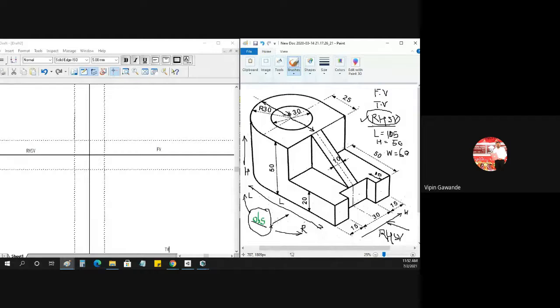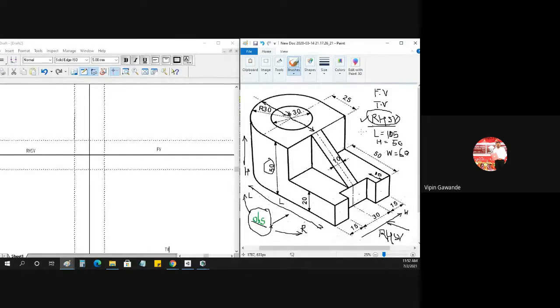Just look at the arrow and count the horizontal dimension in front of the observer. That becomes your length, so 50 plus 25 plus 30, that becomes 105. When the length is over, the vertical dimension is the height, so that dimension is 50. Now two dimensions are over. The remaining dimension, that is the inclined dimension, is equal to the width. So we got the width there.